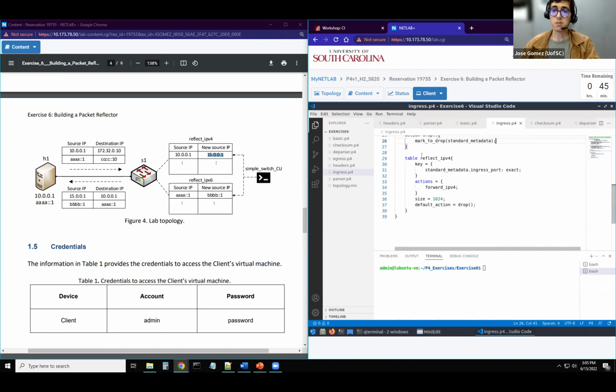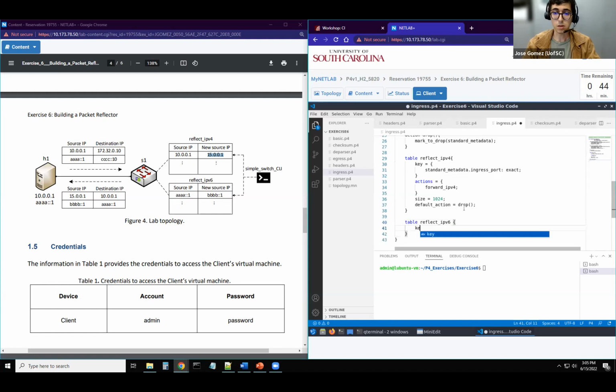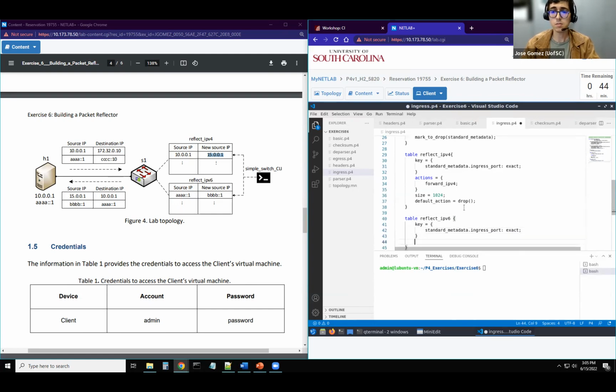Then we have to do the same for reflecting IPv6 packets. Let's go, table reflect IPv6. The key will be the same, equal to standard metadata ingress port, and the match type will be exact, and the actions